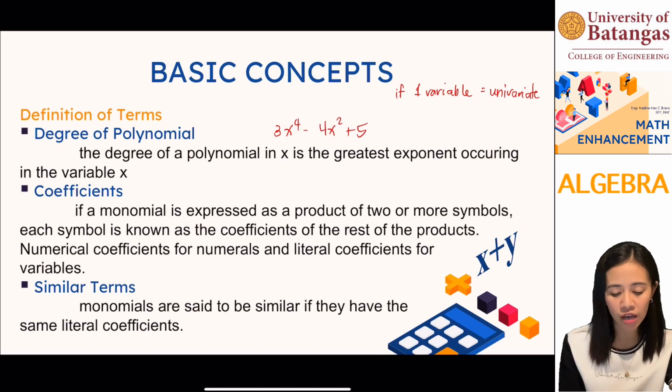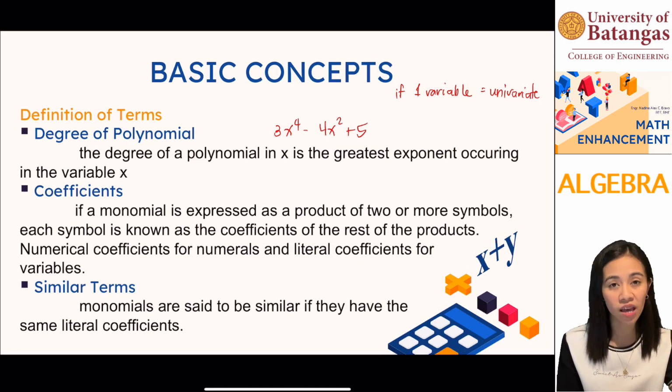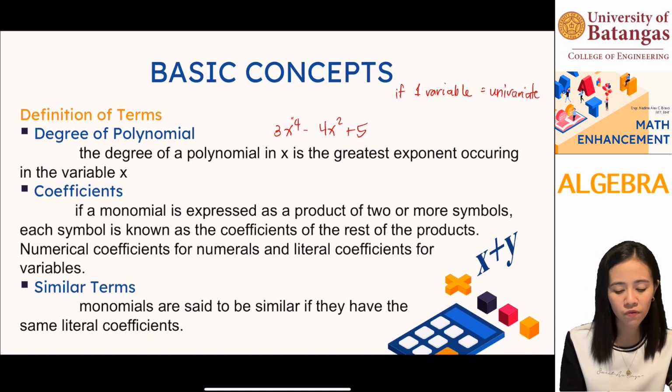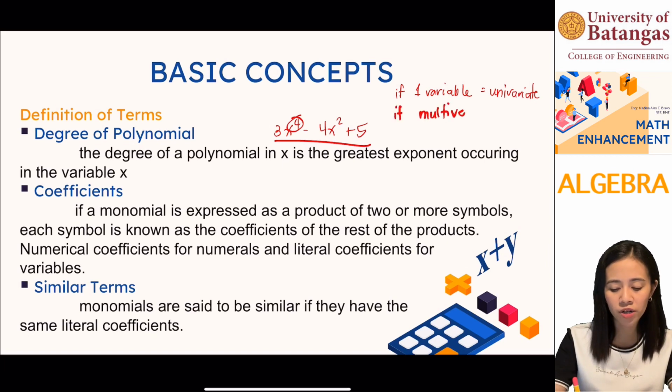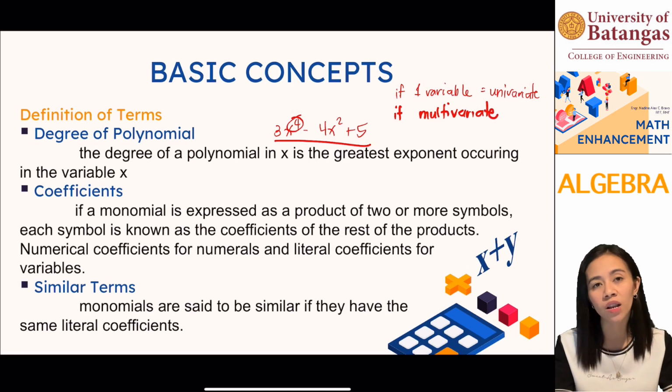So in this particular example, you have trinomial which contains x, just x as a variable. So tingnan mo lang kung ano yung highest exponent dito ng x. And the highest exponent of x here is 4. So ibig sabihin ang degree ng polynomial na to is 4. Okay? Pero if the terms is multivariate, or if your polynomial is multivariate, ibig sabihin there are several variables in